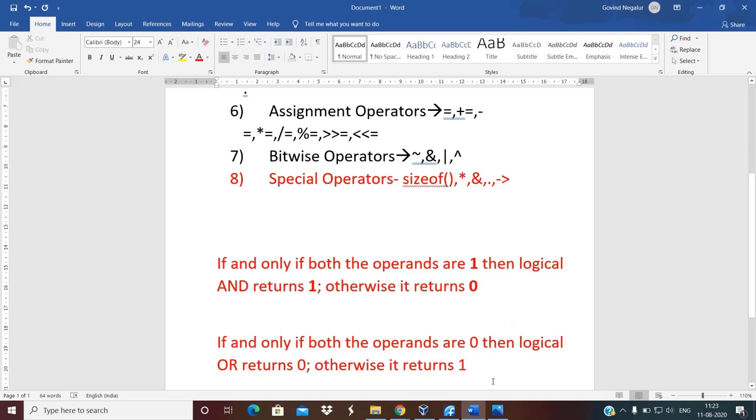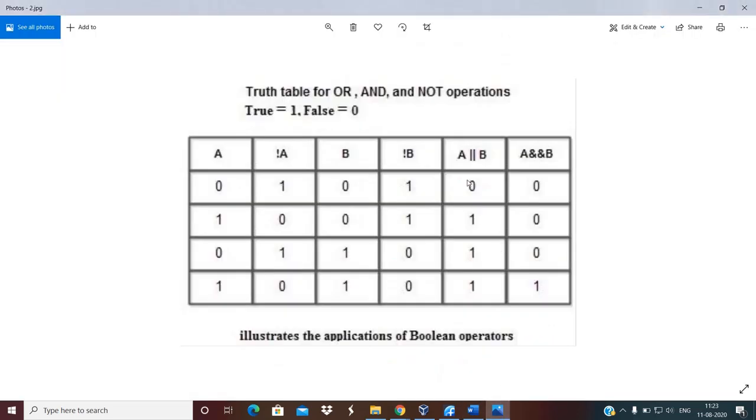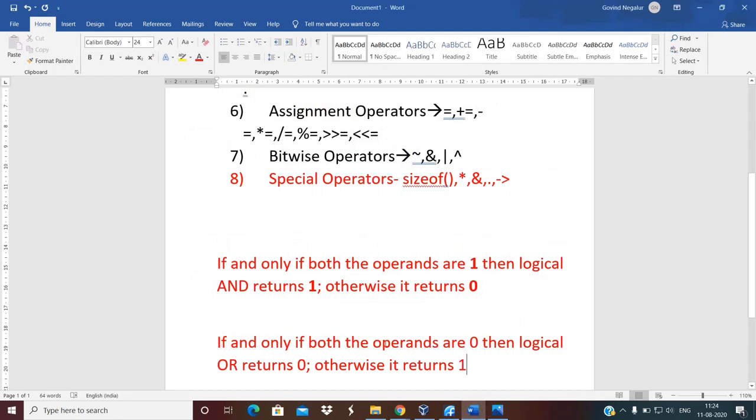Again, it is evident from this truth table. Concentrate on the first row: if both the operands A and B are zeros, then only logical OR returns 0. In all the other cases, wherein either A or B is 1, or both A and B are ones, it returns 1.